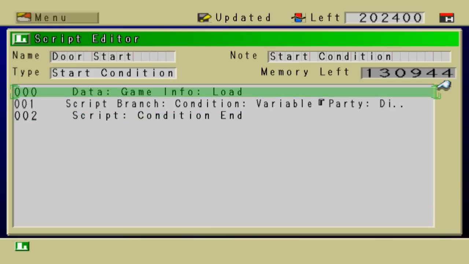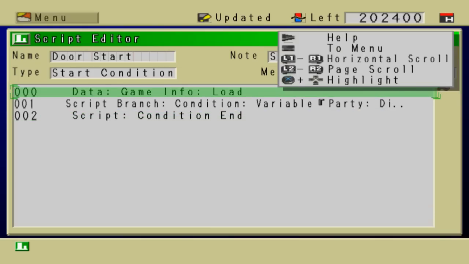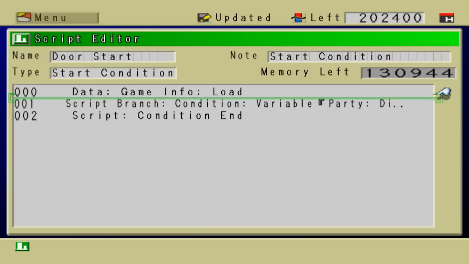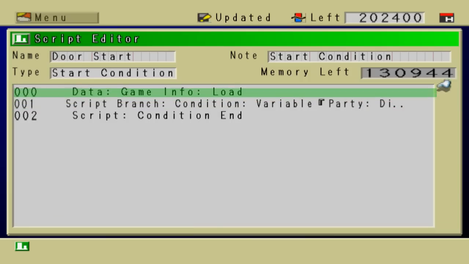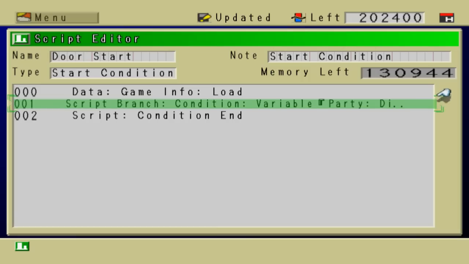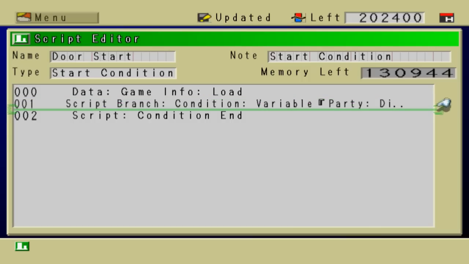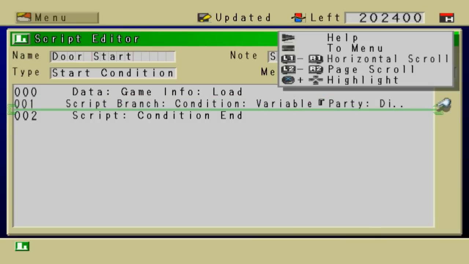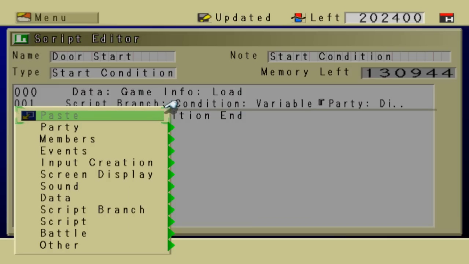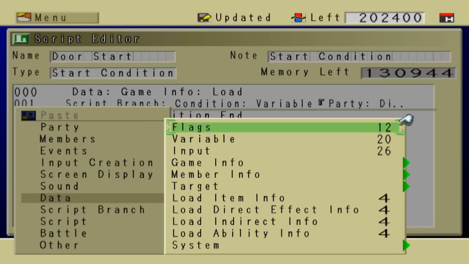So again, we have game info load. It's loading the party direction along with some other information. But party direction is the main thing that we want. So it loads the party direction, and then it's asking, what direction is the party facing? Is it facing north? And if the party is facing north, then go to Data, Flags,